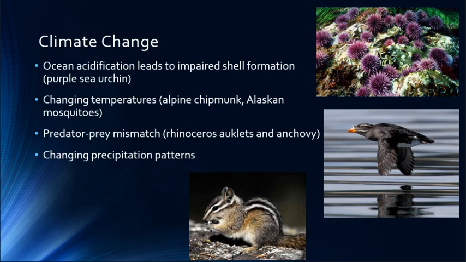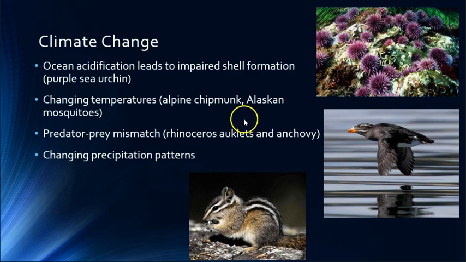So here are just some examples. Ocean acidification really does all sorts of changing of things. You have this range of tolerance, and you can get things outside the range of tolerance. We've talked about that too for temperatures and stuff. But then there are other things. Ocean acidification also affects shell formation. And so here the purple sea urchin is becoming endangered because it's not forming its shells properly. They're too thin. Changing temperatures, like acidification and pH, have this standard range of tolerance issue.